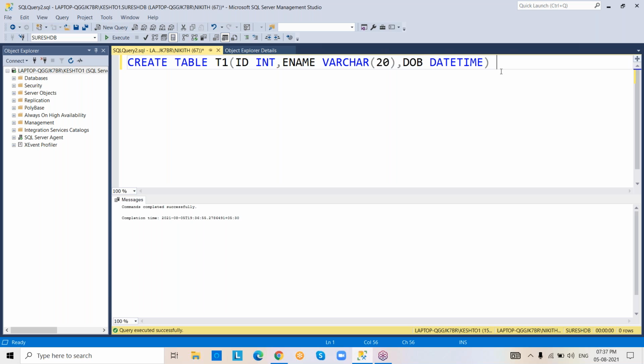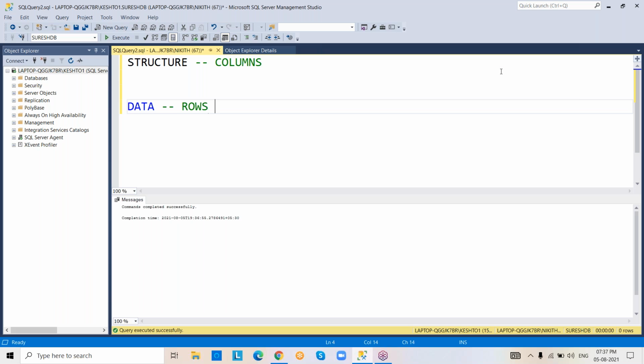So now anyhow we created the table. See, a table always contains structure. Structure means columns. In the same way, it contains data. Data means rows. A table contains columns and rows. So columns mean structure, rows mean data.